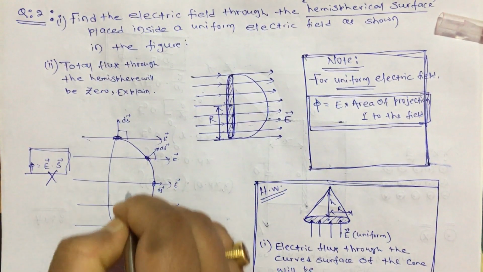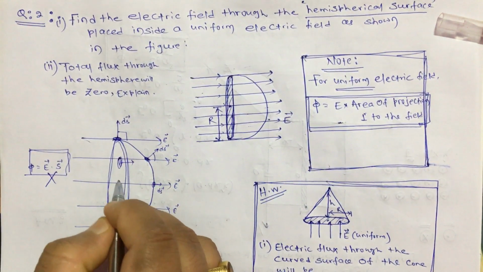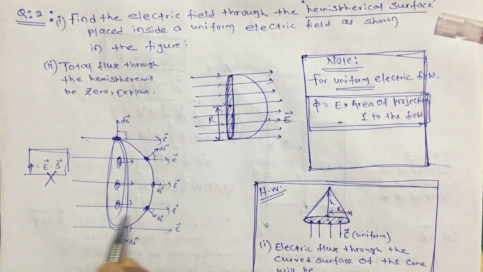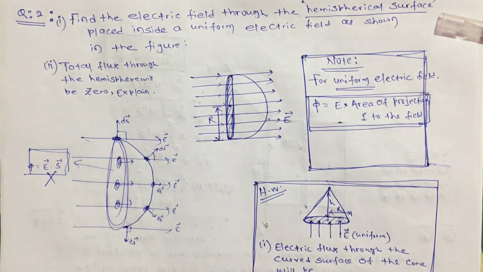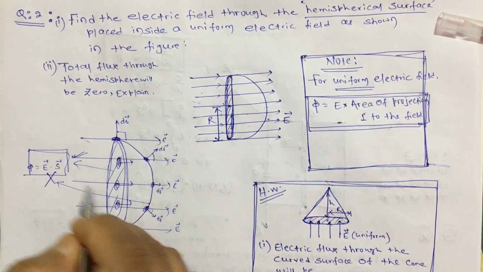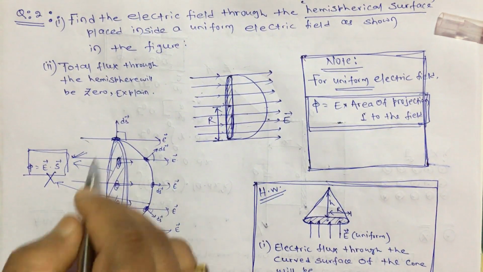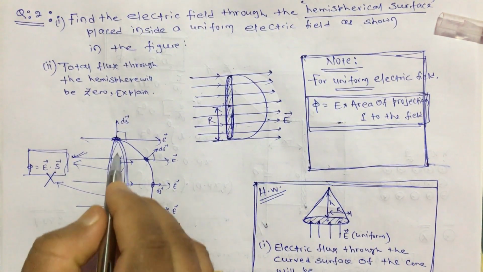If it is the plane surface, then wherever you choose the small element, you will see that the angle between this ds vector and the E vector is going to be 0 degrees. So, the angle is constant. For this surface you can use the formula E dot S, because the electric field is constant and it is also making a constant angle with the surface. And once you find this, you can also find that part. What is the electric flux coming out of this surface, and what is the electric flux entering here?